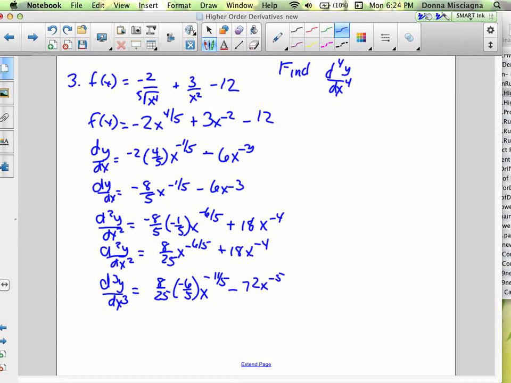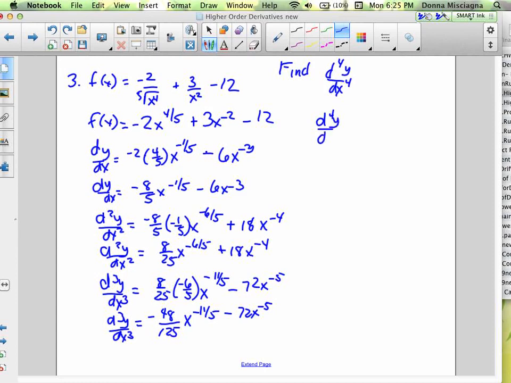We'll simplify this, and I'm going to have to do the fourth derivative over there. All right, so d3y over dx3 is going to equal negative 48/125 x to the negative 11/5 power minus 72x to the negative 5th. I'm glad I only have one more to do. All right, so finally,